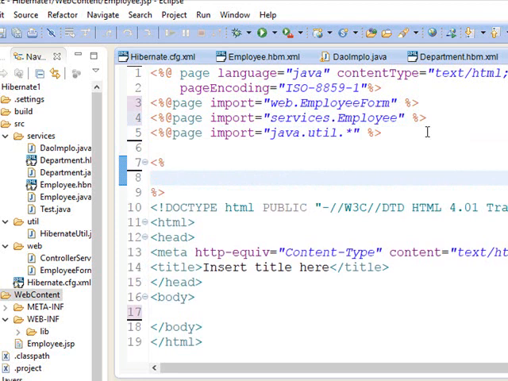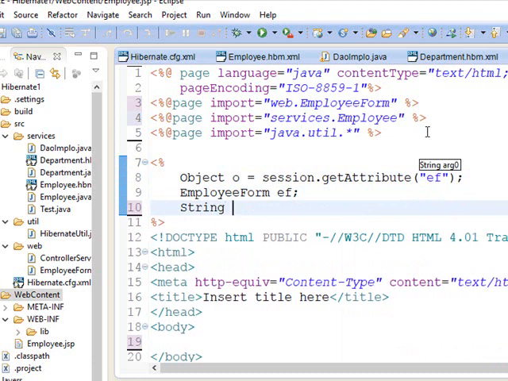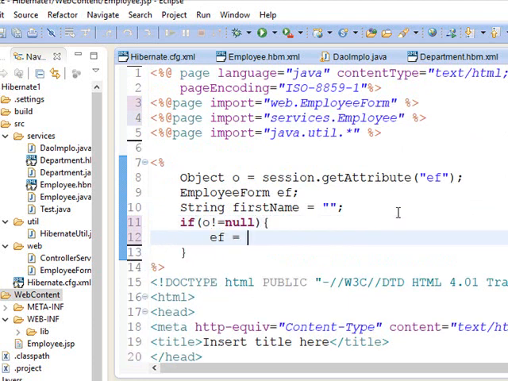In my scriptlet tag, I'm going to get what's in the session. So the session is going to have an object, I'll call it O. So it's going to be session.getAttribute, I call it EF in the servlet, and create an instance of employee form. First name is going to be empty, and then if the object is not null, then I'm going to make a cast of that object to employee form